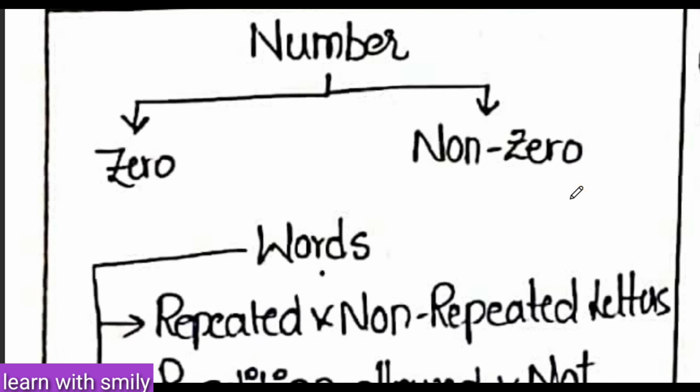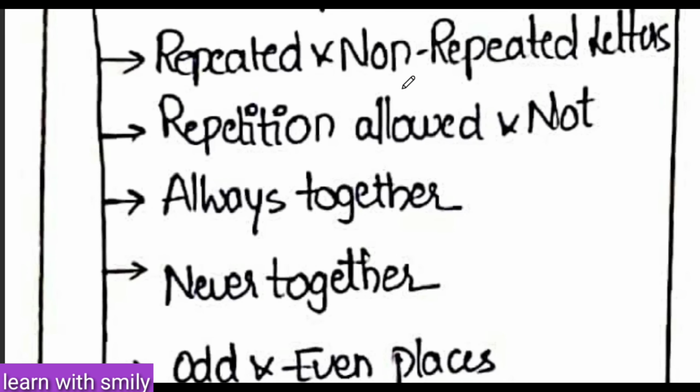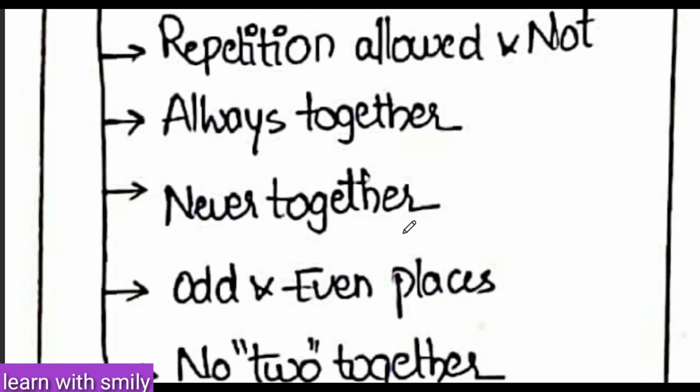Suppose we are taking some numbers and arranging them. The arrangement of those numbers with 0 will be one way, and without 0 will be another way to solve. And for words, these are the conditions that we can see while solving permutation problems. They might ask for all vowels on one side, or all consonants at a fixed position, or some letter should always come, or I'm allowing its repetition.